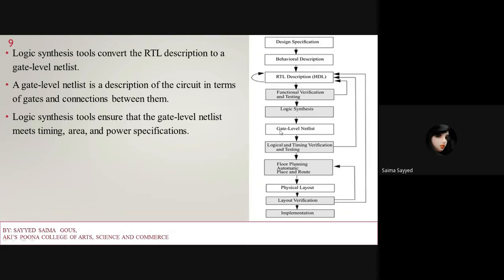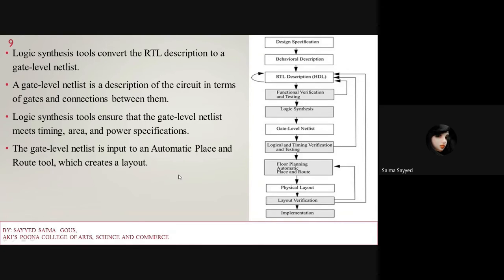then it converts to a gate level netlist. This whole process is done, and then after logic and timing verification, the gate level netlist acts as an input for the automatic place and route tools, which create a layout. Now this particular block is used to create the layout of the design, which is a physical layout. And then the layout is verified, and then fabrication of the chip is done, that